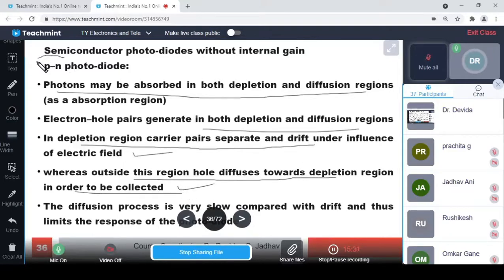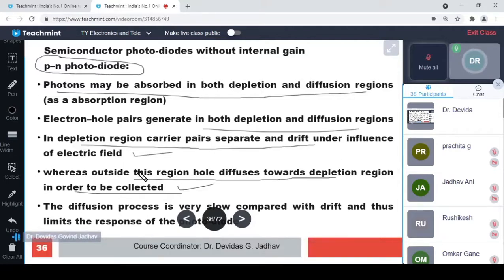Now a question may be asked in the MCQ about diffusion in the PIN. In the PIN, diffusion is absent. So in MCQ, questions may come like this, twisted or with a slightly higher difficulty level. So please understand the theory carefully. The questions may not be straightforward because it is the end sem exam. For practice, the quiz questions I am giving are straightforward.